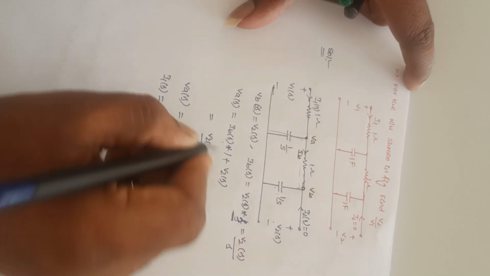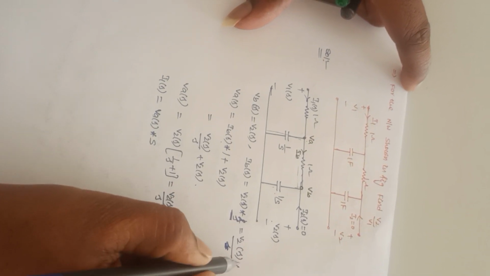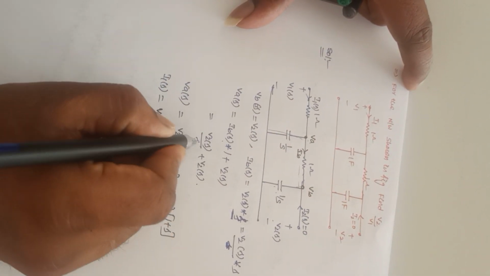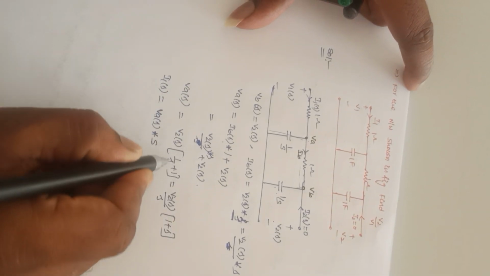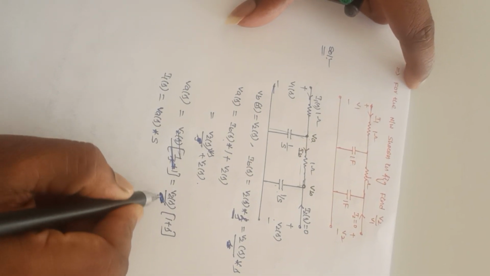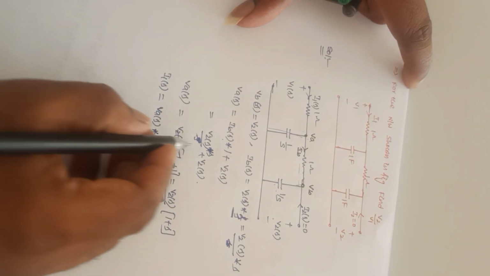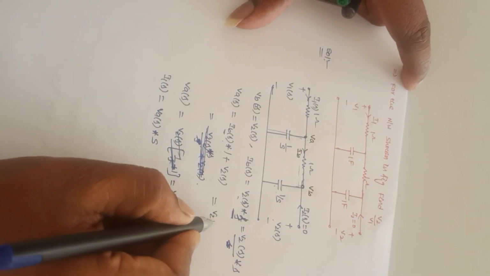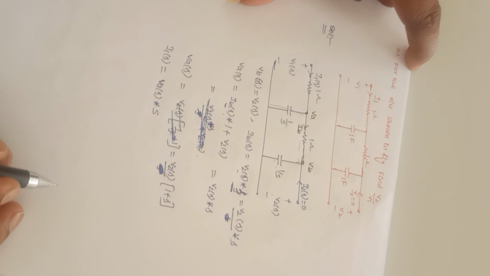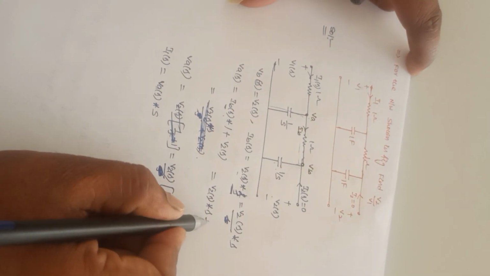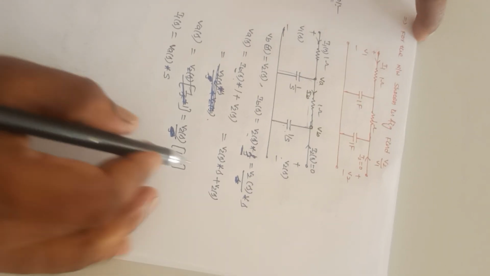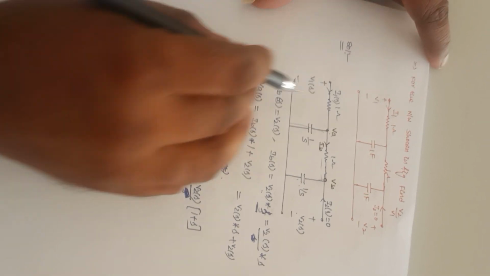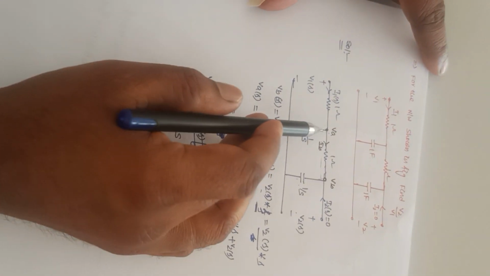This is not V2 of S divided by S, it is V2 of S into S. So IB of S is equal to V2 of S into S plus V2 of S. If I take this V2 of S as common here, it is S plus 1 or 1 plus S. So I1 of S is equal to this voltage VA of S